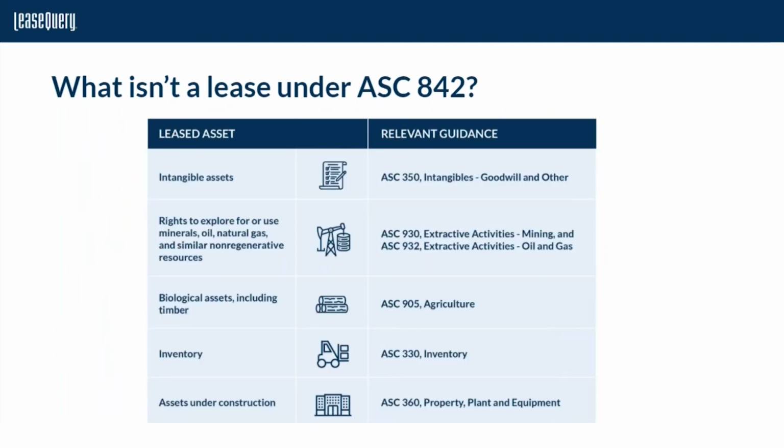The last piece we'll look at for identifying a lease is scope. ASC 842 applies to most leases and subleases, but exceptions do exist. Certain types of leased assets are not in the scope of ASC 842 because they are covered by other FASB guidance. This table, also found in the Ultimate Lease Accounting Guide, shows all of the lease types that do not fall under the scope of ASC 842 as detailed in subtopic